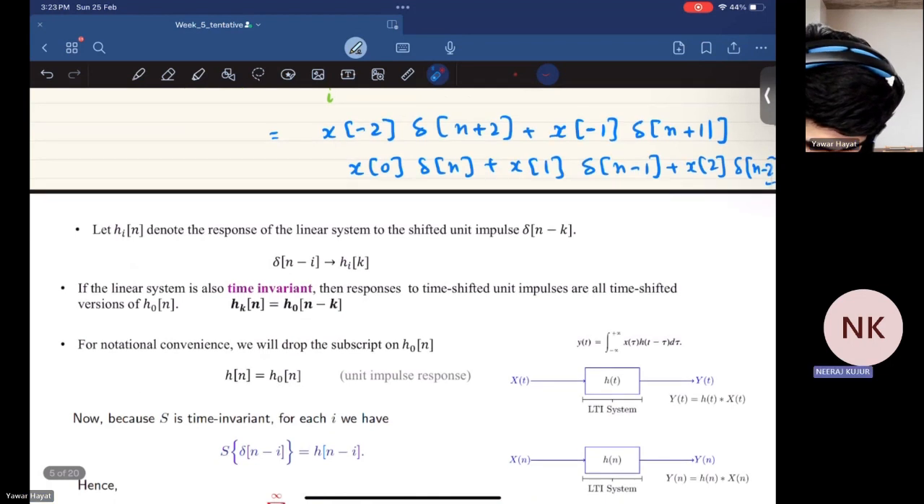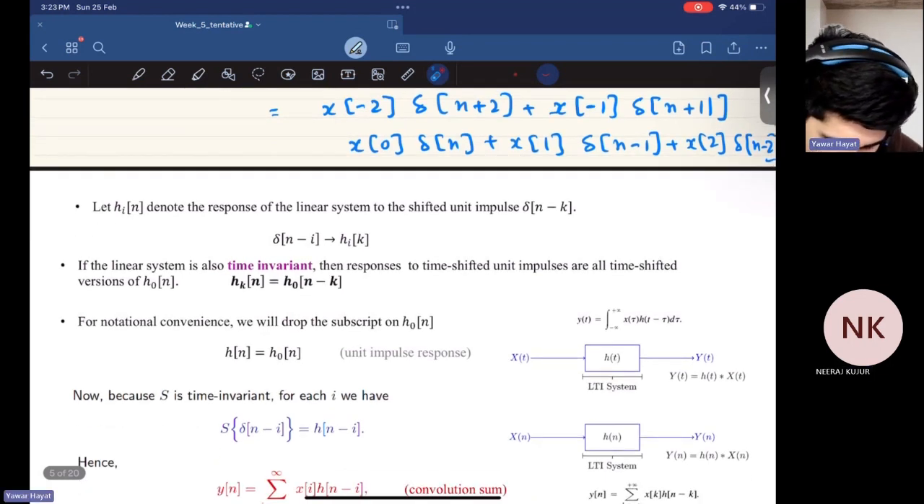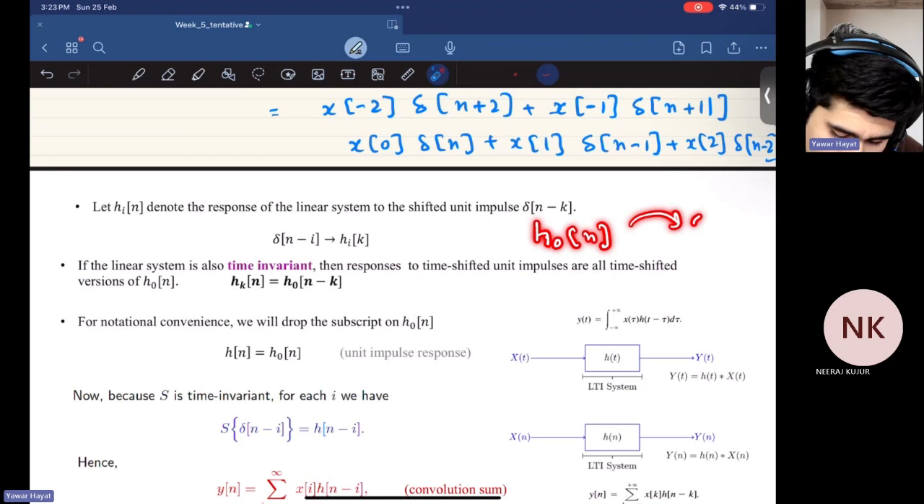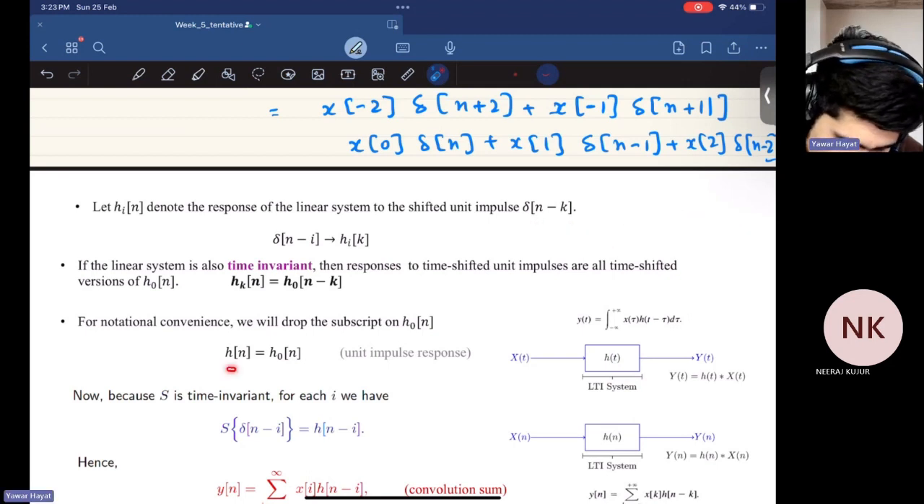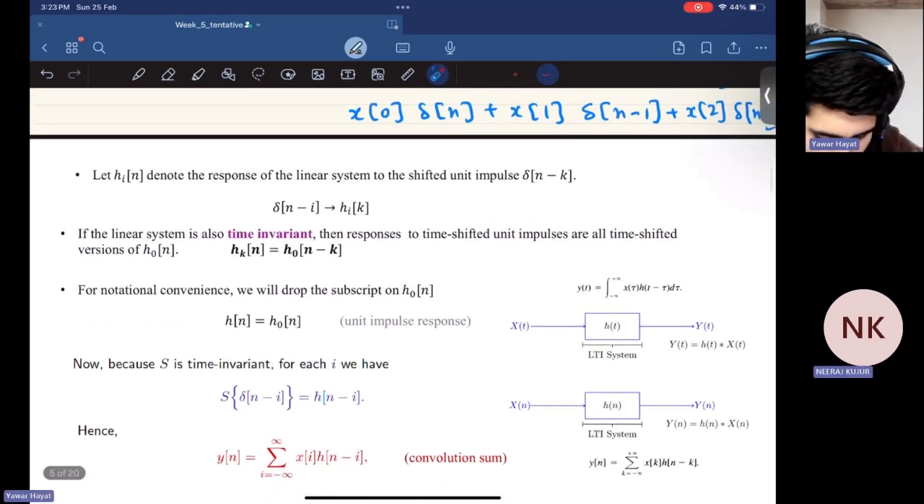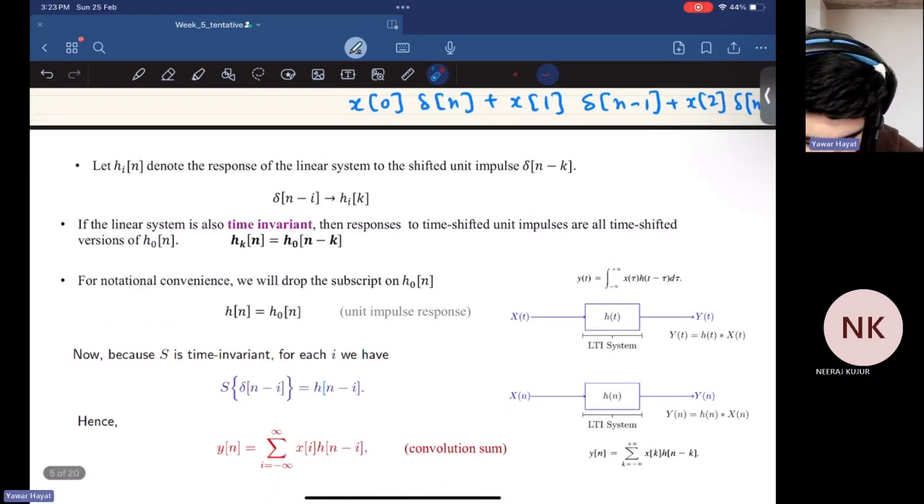Fine. So for notation convenience, what we'll do is we said that this h_0 of n was the output corresponding to delta of n, right? We'll drop this 0. We'll write this as h of n, such that this is the unit impulse response. So now since S is time invariant, for each i we have,